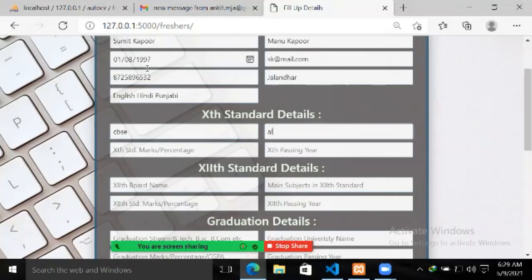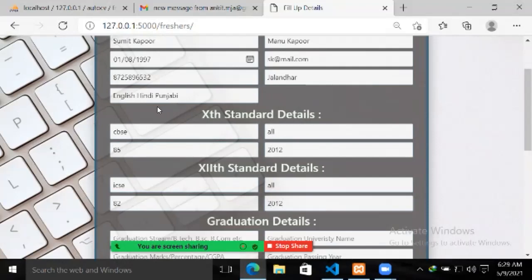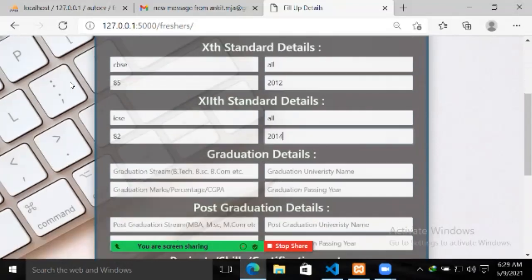Then he will enter the subjects, then the percentage, then passing year. Then we have the 12th standard marks. Then we have the graduation details.